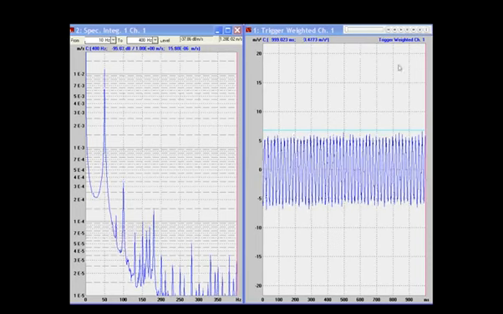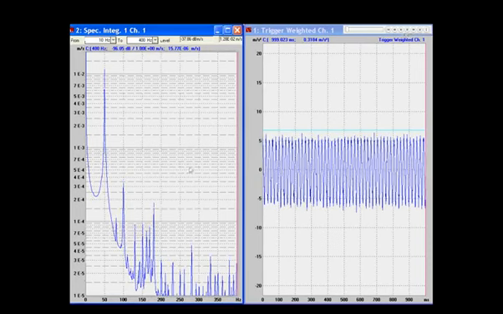So here we go. Whoops, daisy. So let's pause that. So that's the signal from my electric motor. On the right hand side you are seeing the time domain trace. You've got vibration acceleration on the y-axis, you've got time on the x-axis, just the same as an oscilloscope trace. And we're taking that signal, doing the FFT, and on the left-hand side you've got acceleration versus frequency.